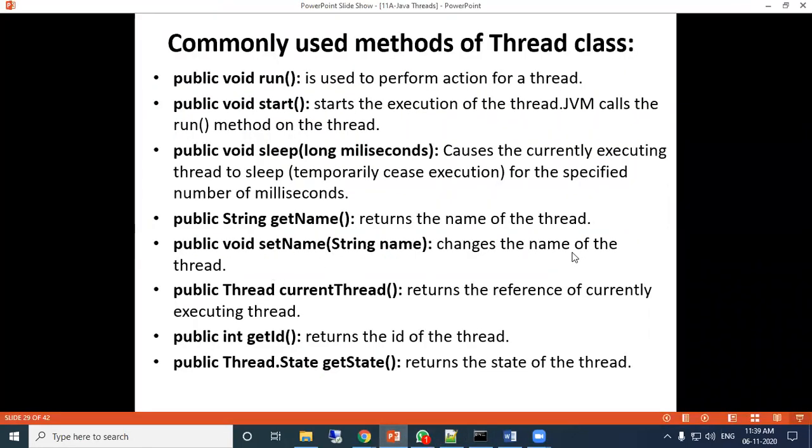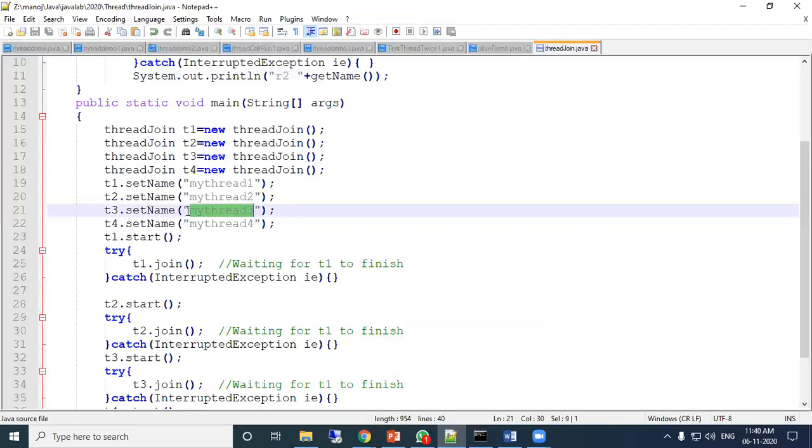Its purpose is to change the name of the thread. So I have set the name of the thread to my thread 1 for T1, my thread 2 for T2, my thread 3 for T3, and my thread 4 for T4. So I have set it.